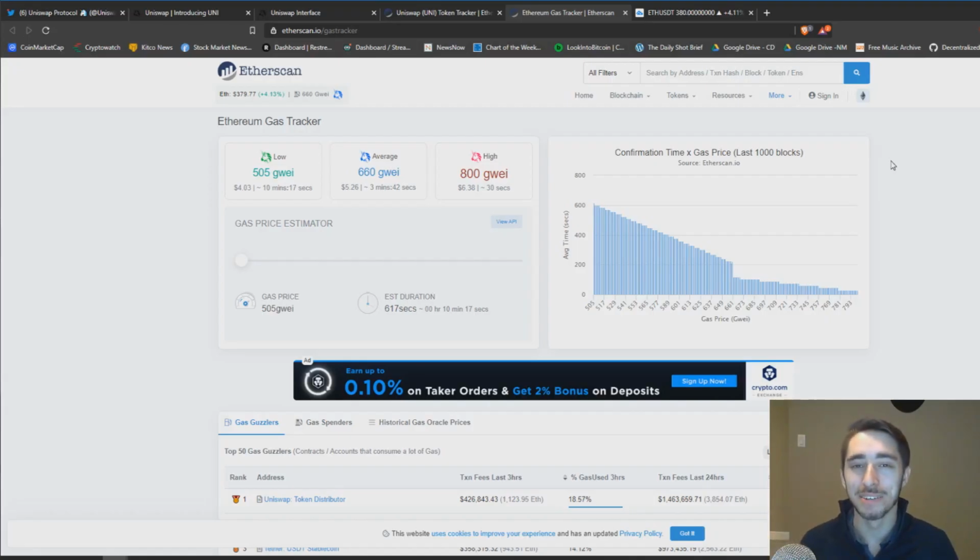I want to see Uniswap on Plasma. I want to see real scalability, real throughput, and zero cost transactions outside the core liquidity provider fee. I think it's going to be phenomenal, guys. I'm very, very excited for the future.